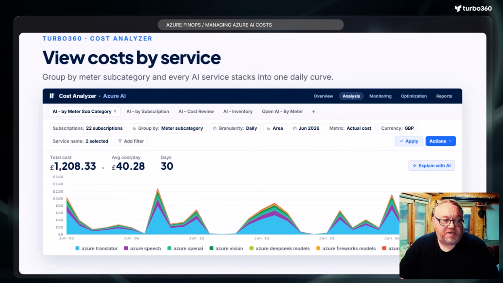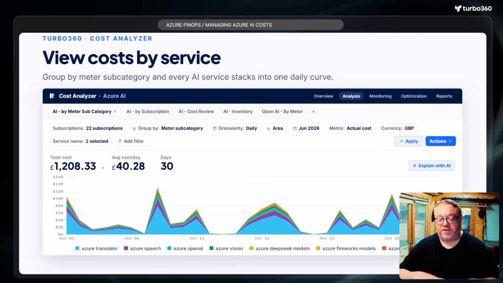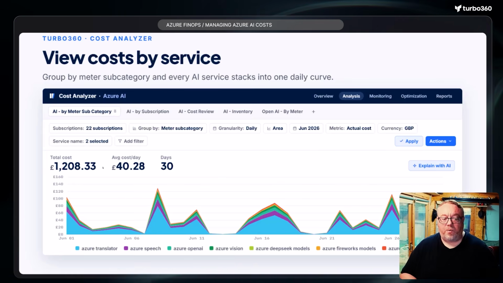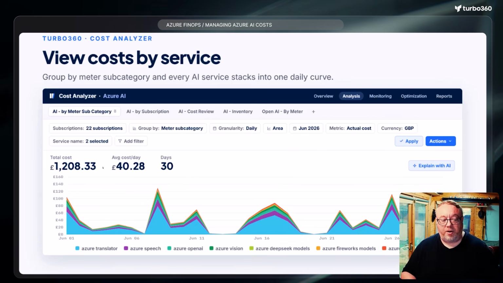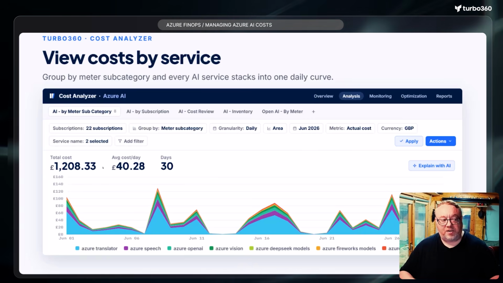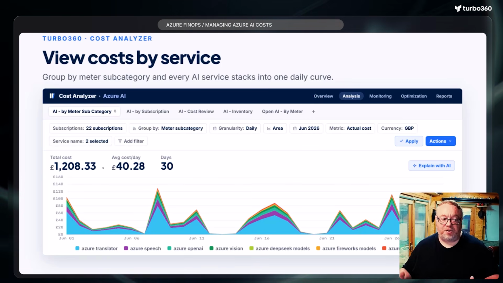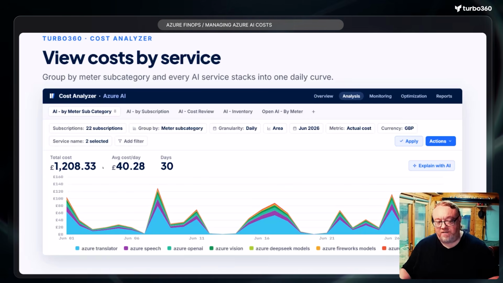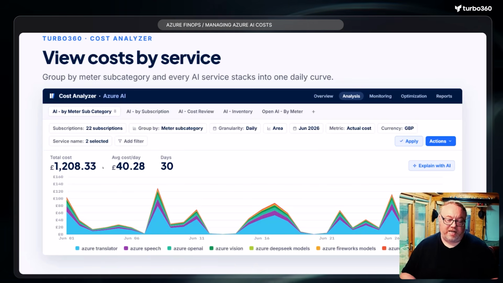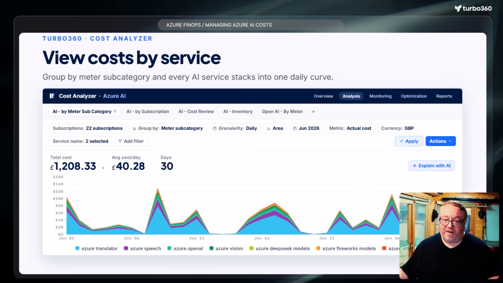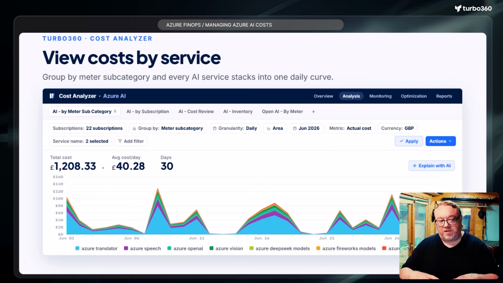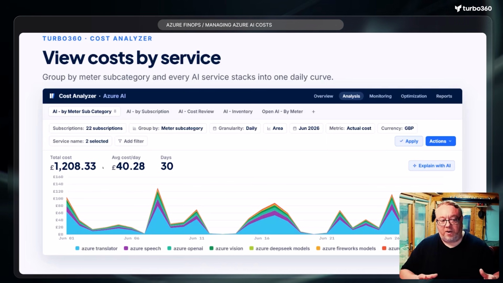Now, one of the first places we're going to look when we start looking at this horizontal view of AI costs is we probably want to work in the analysis section and have some graphs to help us. So a really common graph would be, let's look across all of my Azure subscriptions. You could even have this across multiple tenants. So many companies will have a dev tenant, test tenant, or you may have acquired a company and they might have some AI costs. So we can bring all of this cost into Table 360